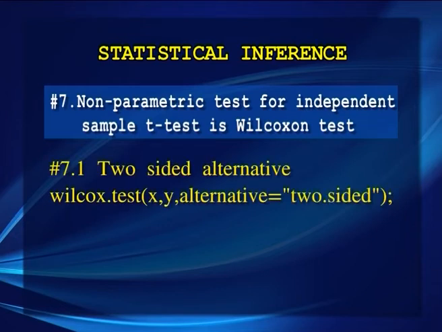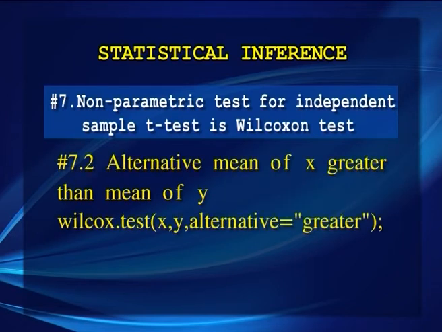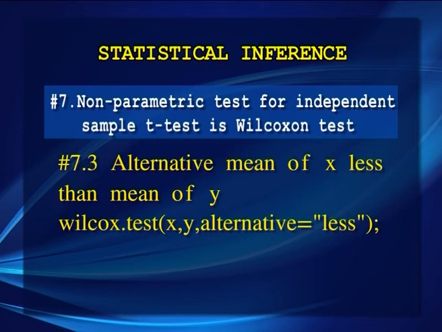The command for a two-sided alternative is wilcox.test(x, y, alternative = "two.sided"). For the alternative mean of x greater than mean of y, the command is wilcox.test(x, y, alternative = "greater"); For the alternative mean of x less than mean of y, the command is wilcox.test(x, y, alternative = "less");